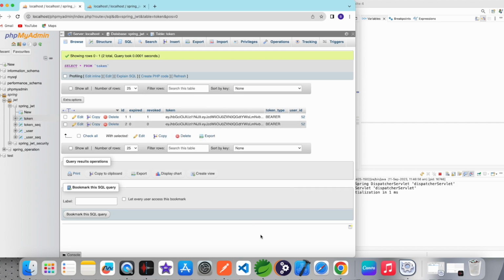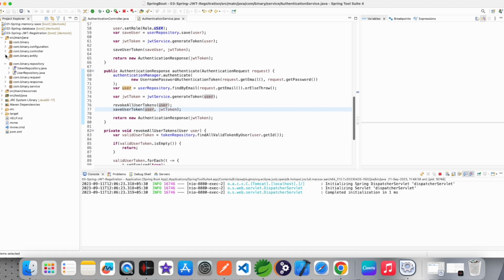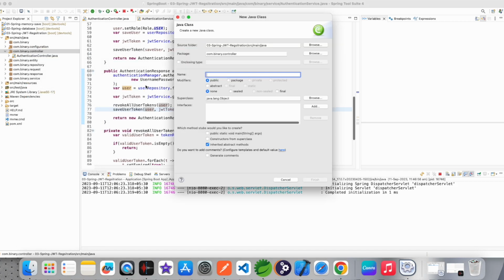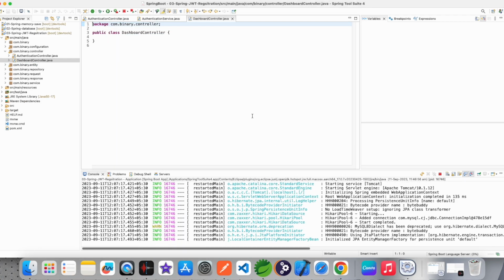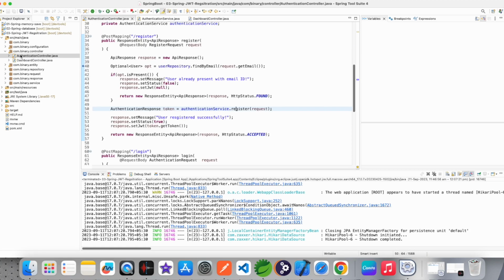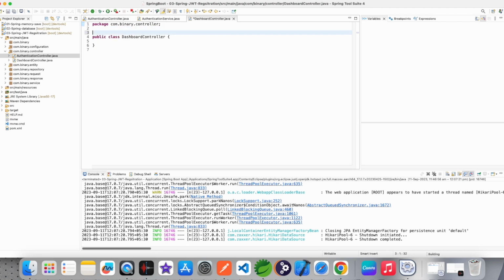And first, yes, you get the entry, but how do you check that this user token is working fine or not? So you can make another controller where, after logging in or registration, the user can access URLs. So I make a dashboard controller. First I stop the server, and in the dashboard controller, I copy this one and simply pass it as auth, because